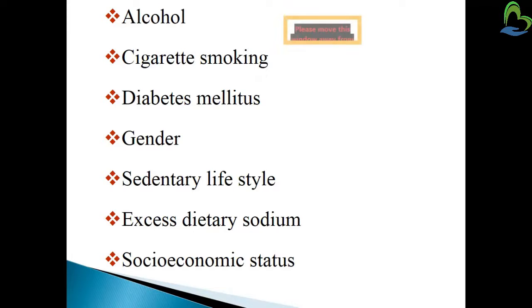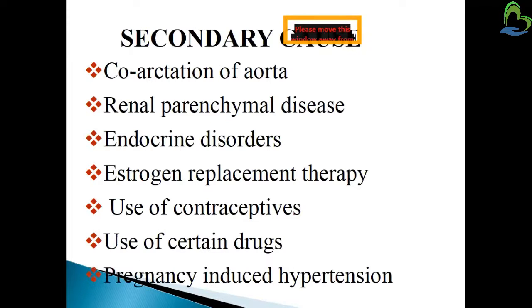So definitely, if an excessive volume of blood is returning towards the heart chamber, it will be thrown to the system. During that excessive throw, the vessel pressure will increase. Secondary causes include coarctation of the aorta. The aorta is the greatest blood vessel throwing blood towards the system, so if there is some kind of diversion in the aorta, that will be a leading cause. Renal parenchymal disease, any kind of tissue disorder in the kidneys, will also be a leading cause.